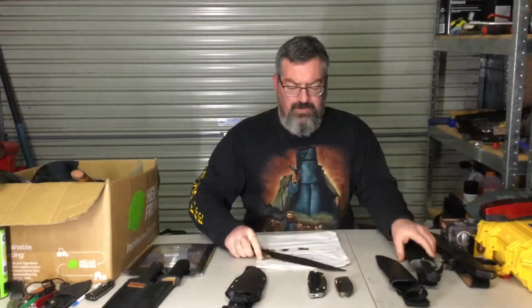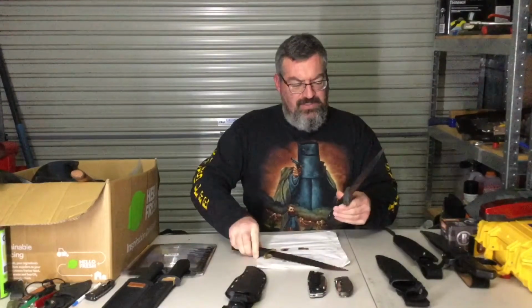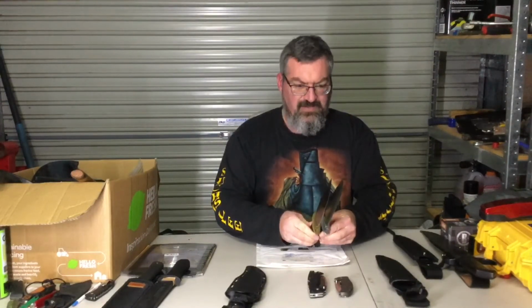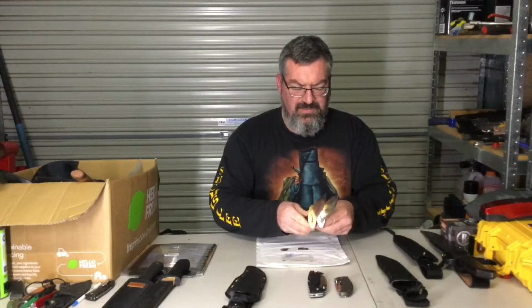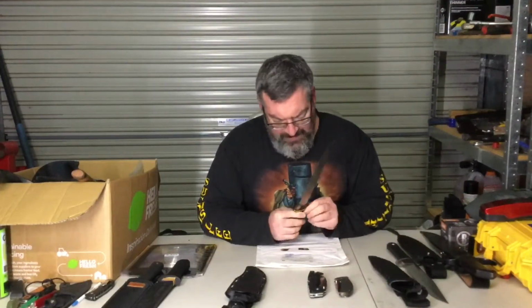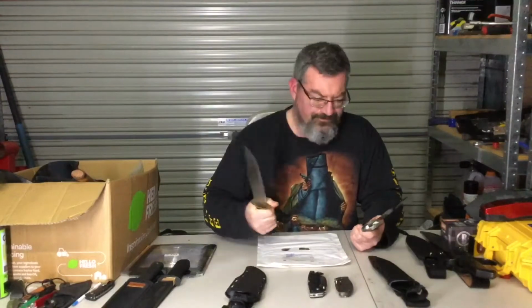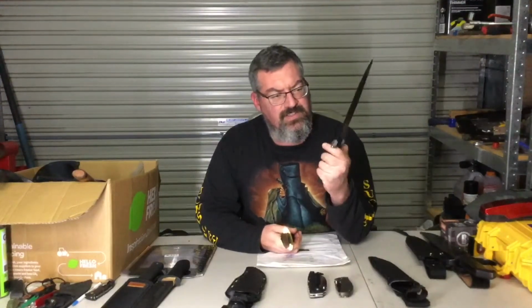I believe it's pretty much the same as all the other Trailmasters. I'm sure they're made to the same specs. Yeah, they pretty much look everything checks out, I'd say. So the 01, that's made in Taiwan. It's got a brass hilt or pommel or whatever you call that, finger guard, where the Sanmai is made in